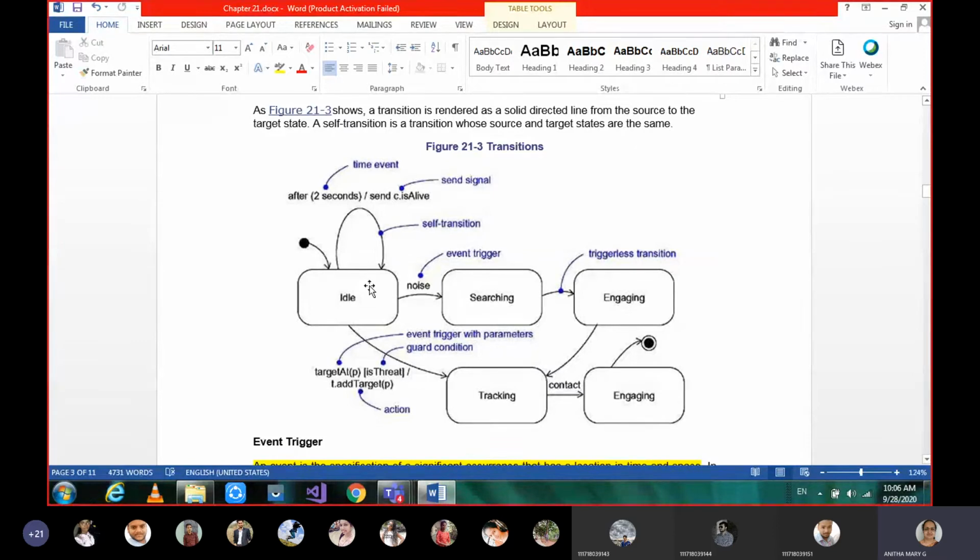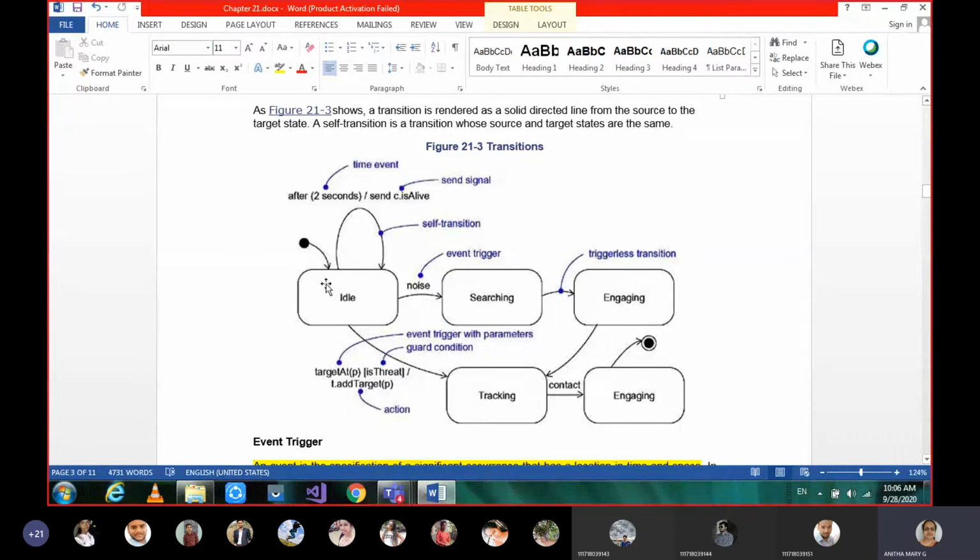Whenever the self check is happening, that is what we call a self transition. If any self check is to be done, after 2 seconds set active, so some signal is sent to the active state. After 2 seconds, it has to start triggering or start doing its action.